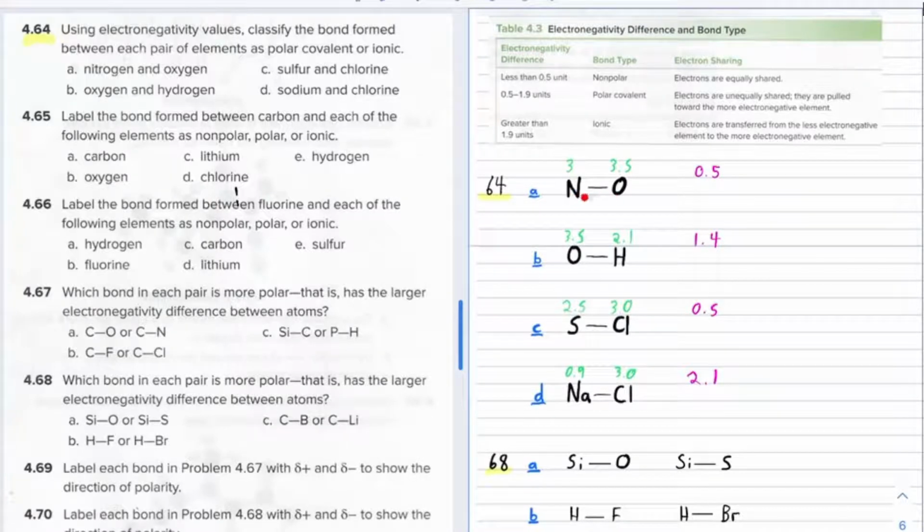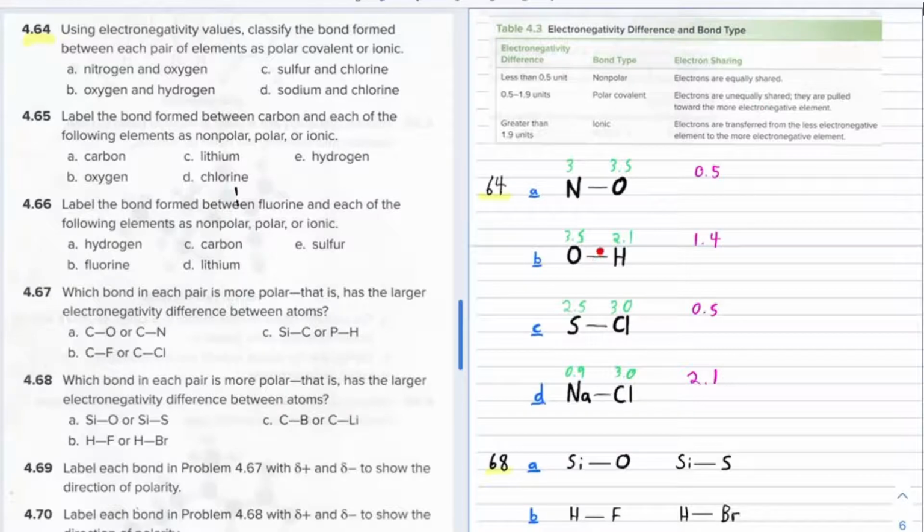Now that we have the electronegativity values and their differences calculated, we use table 4.3 to classify the bond. So imagine these atoms are all bonded together. Nitrogen is bonded to oxygen, oxygen's bonded to hydrogen, and so on. What this table tells us is to look at the difference between the electronegativity values of the elements. If the difference is less than 0.5, the bond is nonpolar, and the shared pair of electrons in the covalent bond would not be pulled anywhere. If the difference is between 0.5 and 1.9, then the bond is polar and the electrons are pulled towards the more electronegative